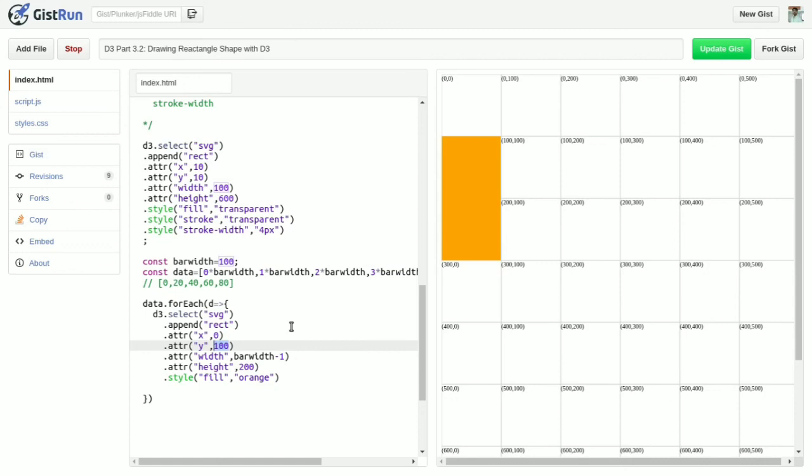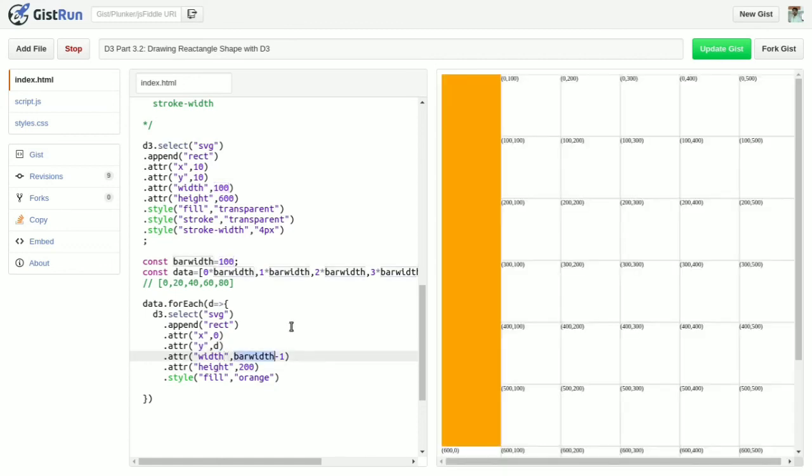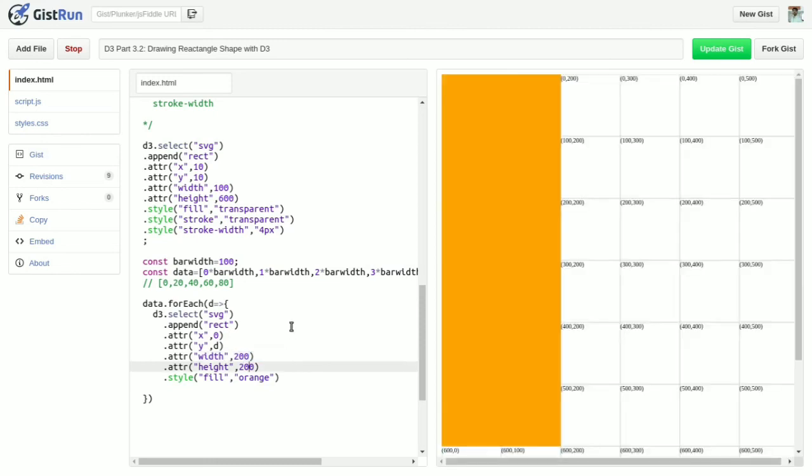Y will always be D. Now for width I will give 200, and for height I will always do barHeight minus 1. So now this bar width becomes our bar height.